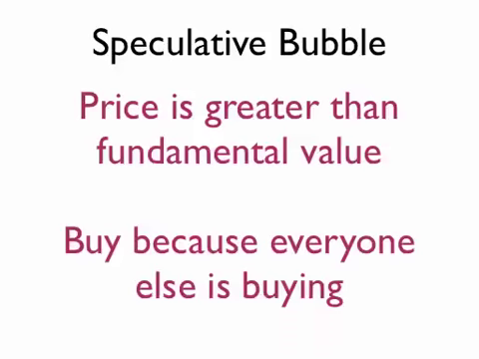The other thing that we also consider is a speculative bubble that occurs when the price is greater than the fundamental value. And it occurs in many cases because people are buying something because everybody else is buying it. So they want to get in on the buying streak, and it ends up pushing the price way above its fundamental value. And at some point, everybody realizes that that price doesn't make any sense, and that's when the bubble